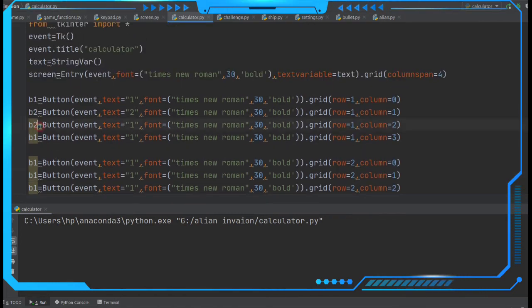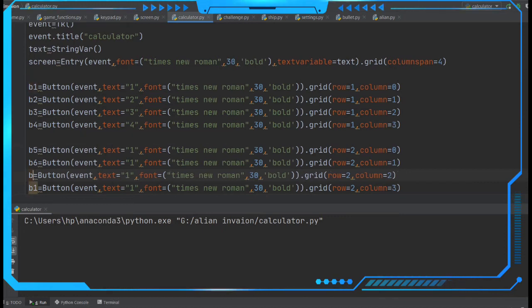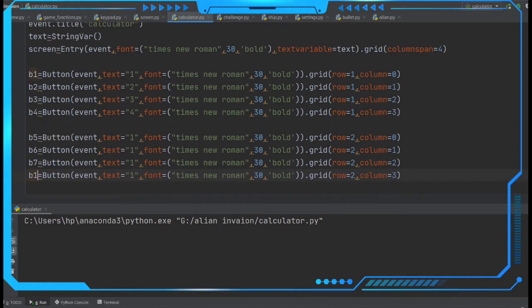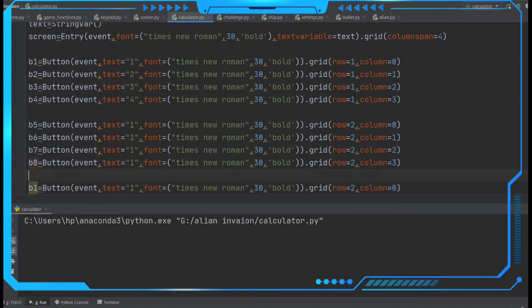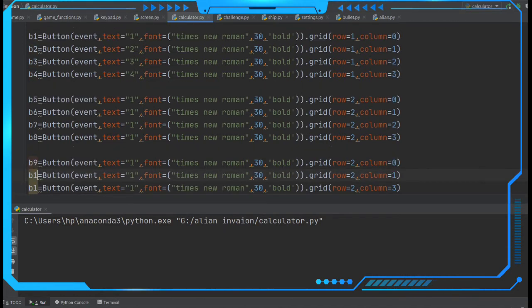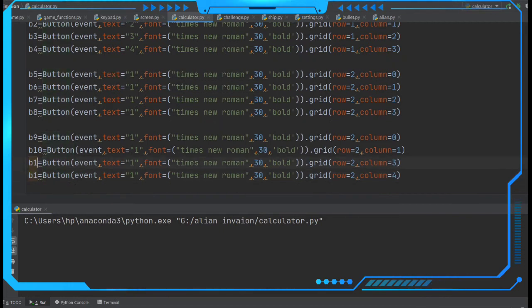And then we have to change one by one. The third button we have to print as 3 and the fourth button as 4, then 5, 6, 7, 8, 9, 10, 11 and 12.